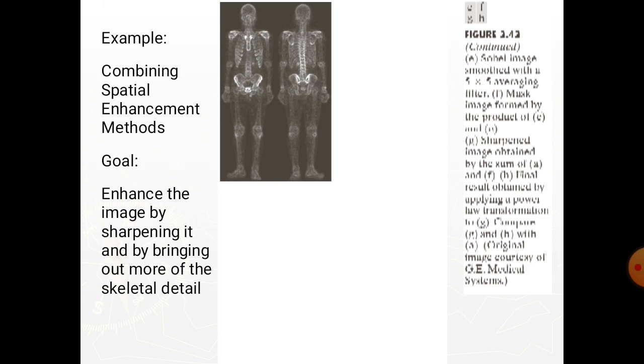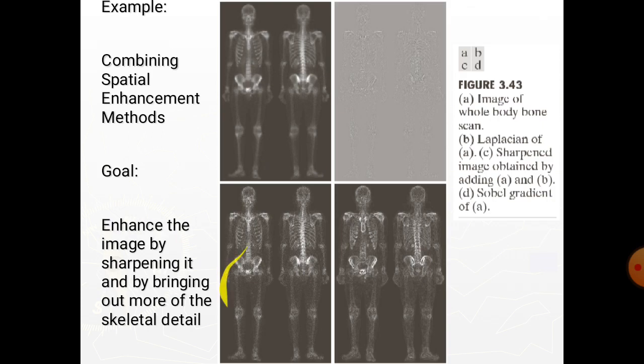The smooth gradient image is figure C here. It was obtained by using an averaging filter of size 5 by 5. The two gradient images were scaled for display in the same manner as the Laplacian image. Because the smallest possible value of a gradient image is 0, the background is black in the scaled gradient images rather than gray as in the scaled Laplacian.